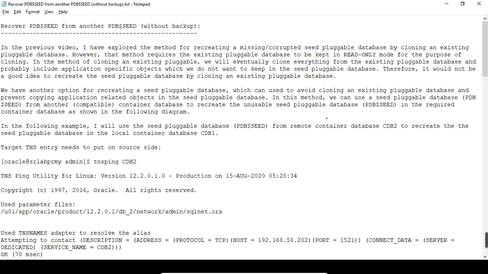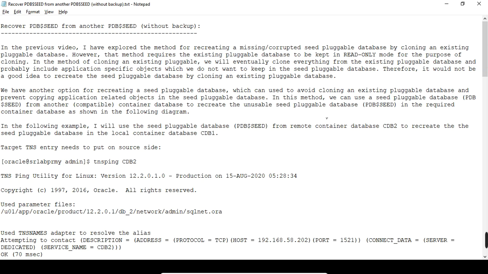Cloning an existing pluggable database copies everything, probably including application-specific objects which we do not want to keep in the seed pluggable database. Therefore, it would not be a good idea to recreate the seed pluggable database by cloning an existing pluggable database.